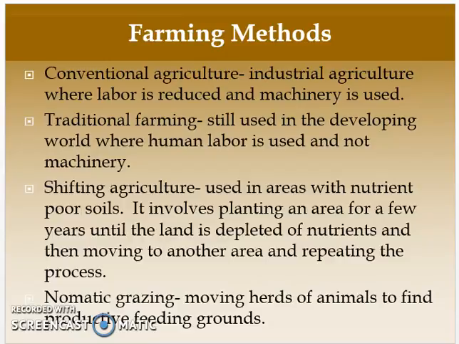You use tractors, you use machinery, you use potentially a GMO, you plant in rows, it's monocropping. There's field after field. You go out, you plant your seed, you take care of it. You might use some irrigation, and you harvest your crop. Traditional farming is the type of farming that occurred prior to our industrialization,